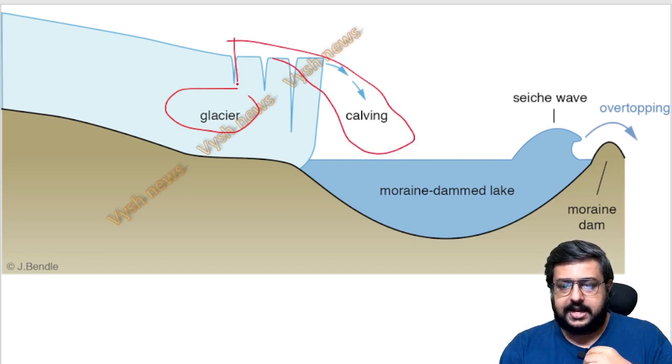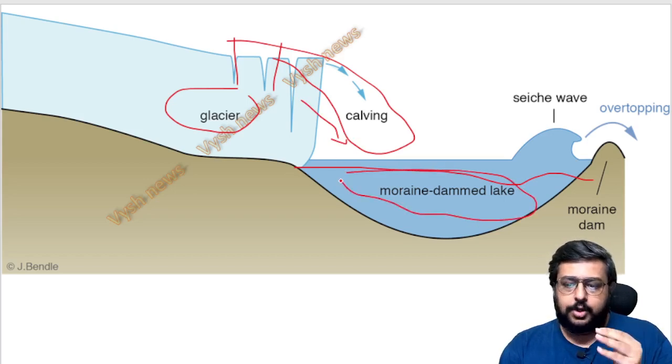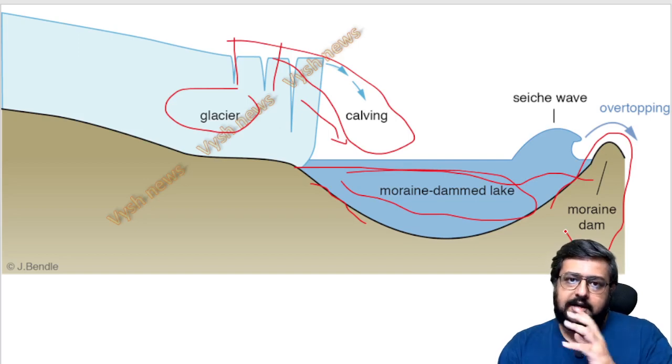Carving means cracks will start coming and it will break off. When this melts, ideally this was full brown-colored land, and this water body was not there. Slowly it will melt due to climate change, and then dripping, and it will become a lake. It is called a moraine dammed lake. Why dam? Because when the glacier moves down, the small stones or debris also start accumulating here, and in the end a moraine dam is formed, which is just soil and particles.